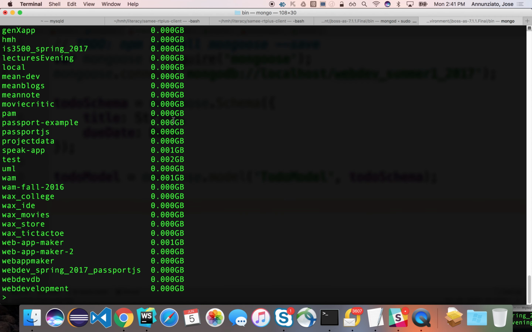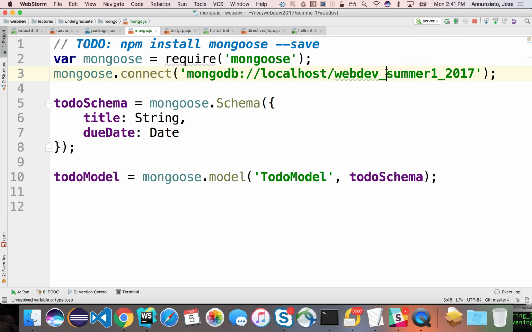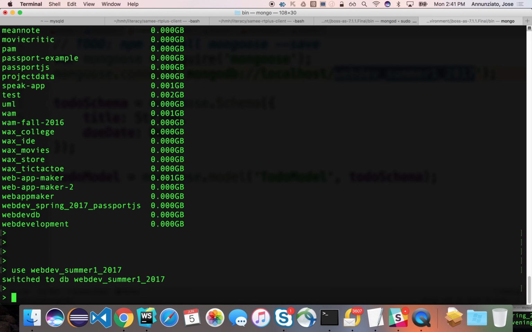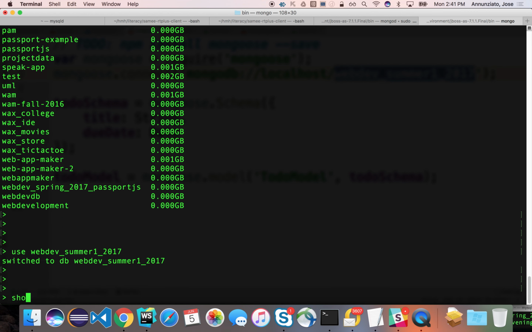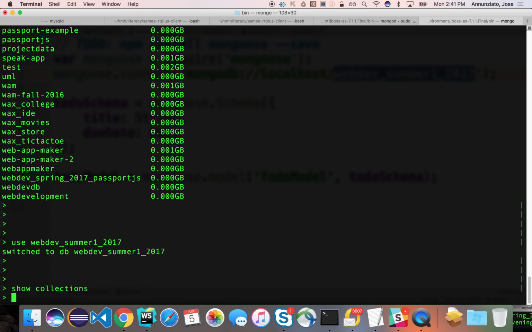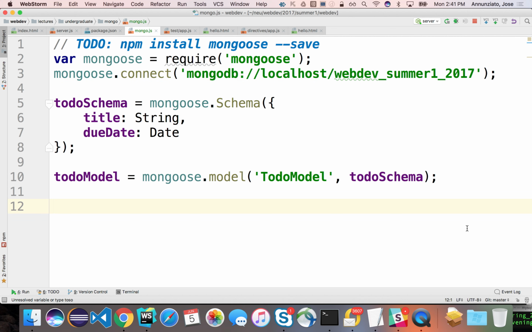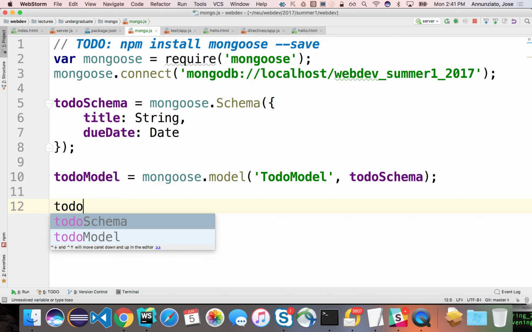So notice that if we use this and do a find here, we're going to do a show collections. Notice that there are no collections, right? Because we dropped the only collection we had. Well, we dropped it, so it's gone. We don't have any collections. But let's now use our little piece of code to insert data in here programmatically. We do to-do model,